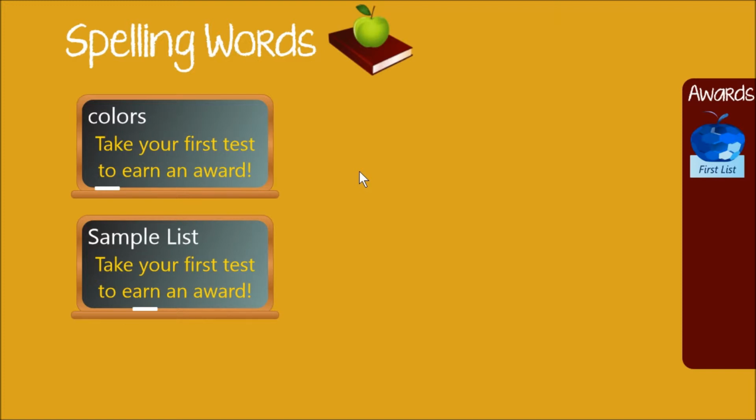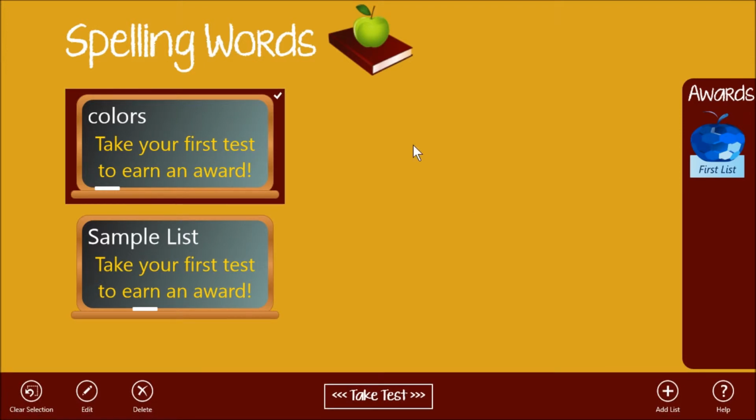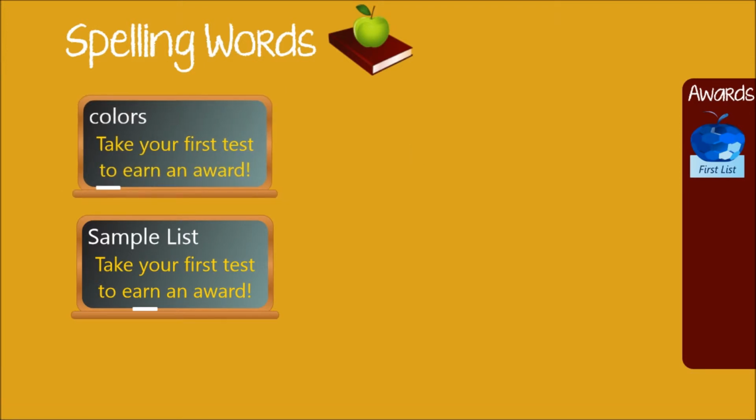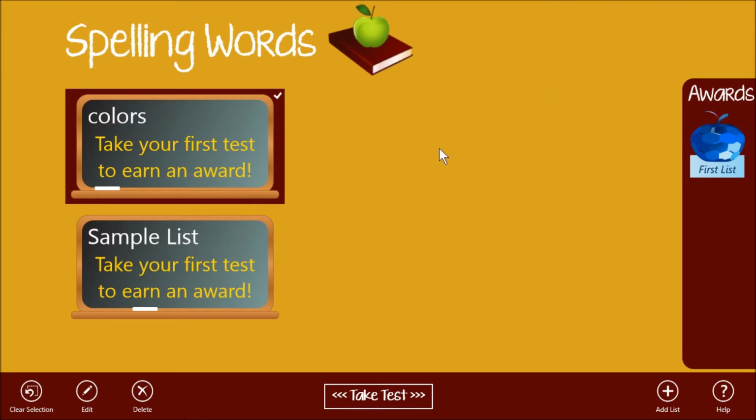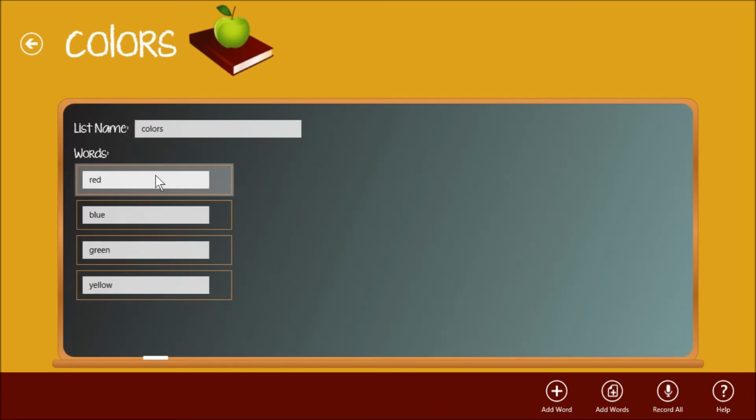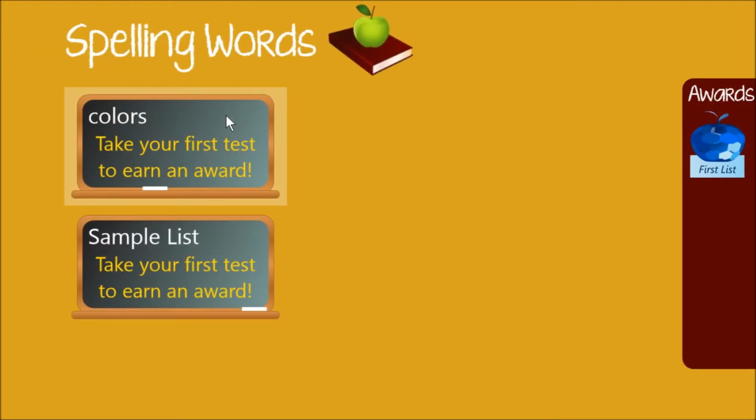Now let's say the student wants to study the list, not take a practice test, but just study the list. The easiest way to do it is if you're using a mouse, just right click on the name of the list, or if you're using a touch device, just touch the item and hit the edit button that comes up in the app bar. Now you're going to be able to see the words. You could click in each one, hit the play button, listen, and you'll get that reinforcement of the spelling along with the pronunciation. So this is a good way of studying, but when you're ready to actually take the test,